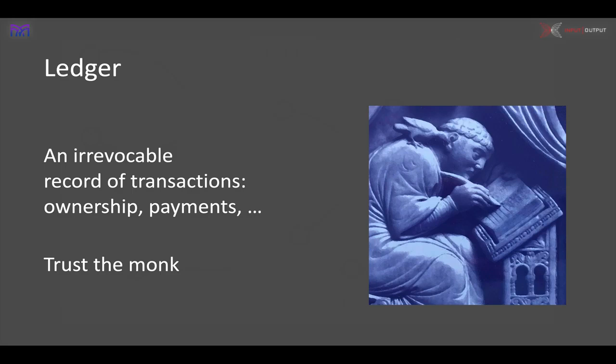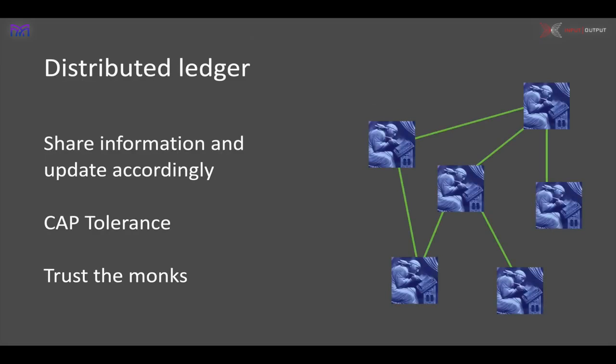So the question is, is there a way that we can, without a central authority, somehow distribute the integrity of this ledger? We can distribute it. We can share information. We can update accordingly, and as long as we realize that any distributed system can potentially be vulnerable to partition of a network or whatever, we can build this robustness into the ledger by distributing it. But in that situation, we have to trust all the monks. We're assuming that they will